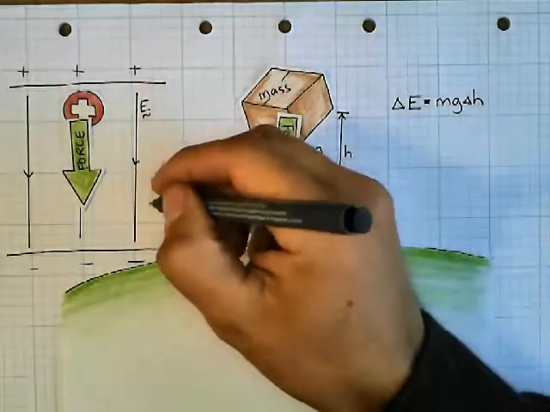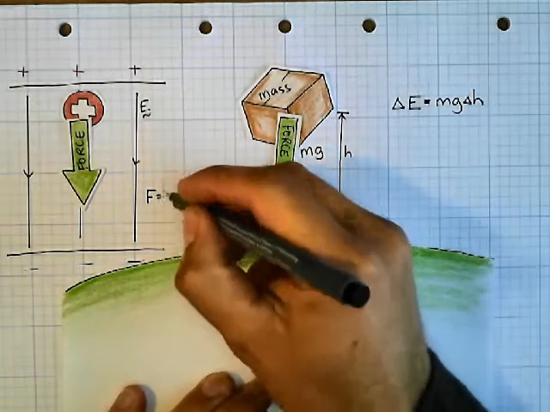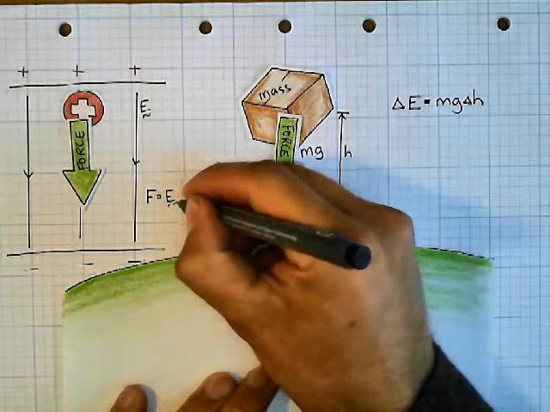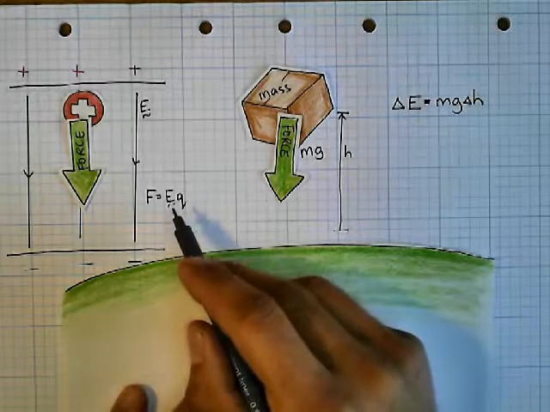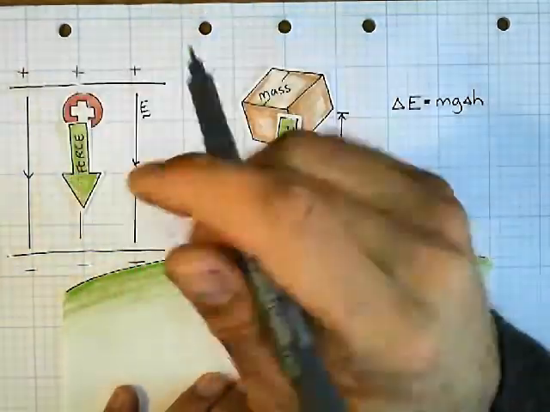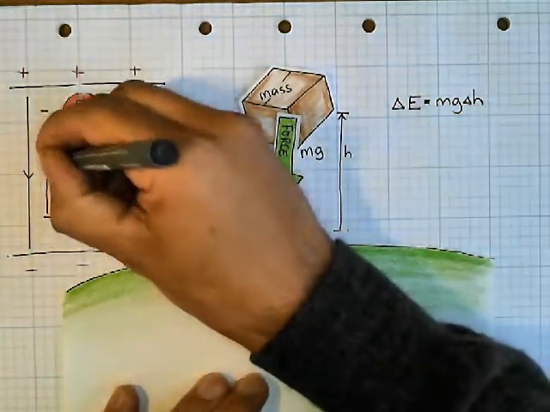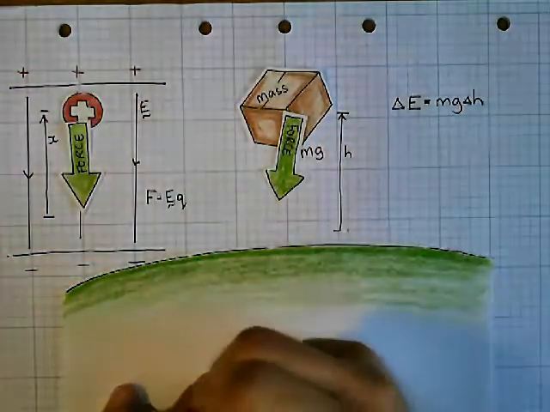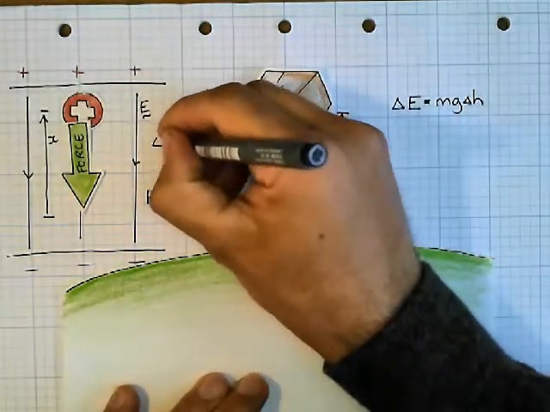We saw earlier that the force on the charged particle is equal to the particle's charge times the electric field strength. And if we know the distance that we move it, say from here to here, let's call that x, the work done, or the amount of energy transformed, delta E,